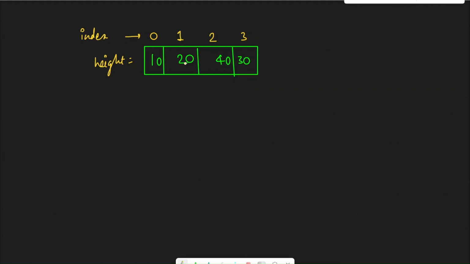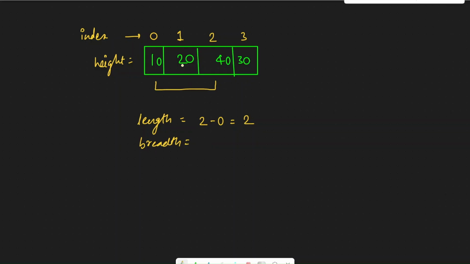Now first let us try to understand how we can get the area. Let us say our container was this container. The length of the container would be on the x-axis, where we would have these indexes, so 2 minus 0 would be equal to 2. And I can't just say height, because our list is already named height. So instead of height, I'm going to call this breadth.